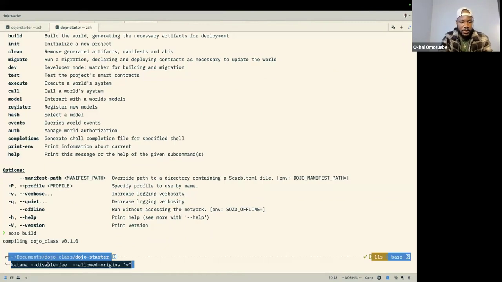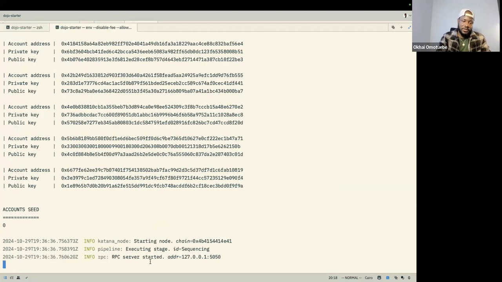So we need to run Katana, which is the Katana command. And Katana comes when you install Dojo. When you install the Dojo toolkit, it comes with Katana. So again, Dojo disable fee and then allow origin X star. And then it's